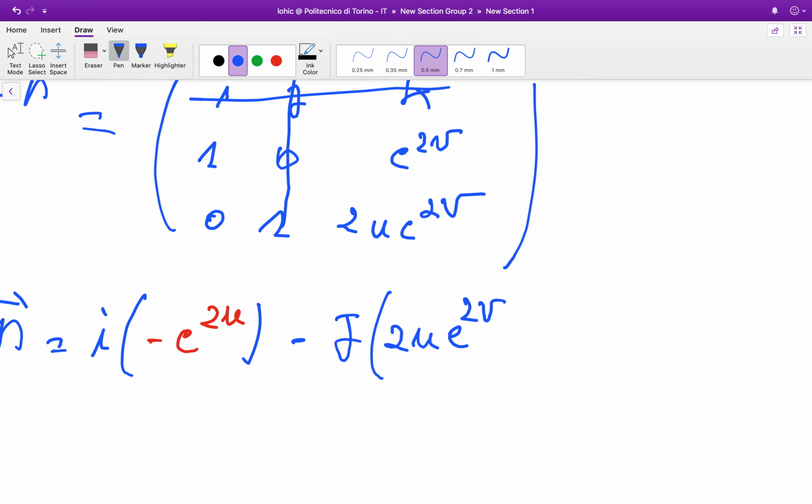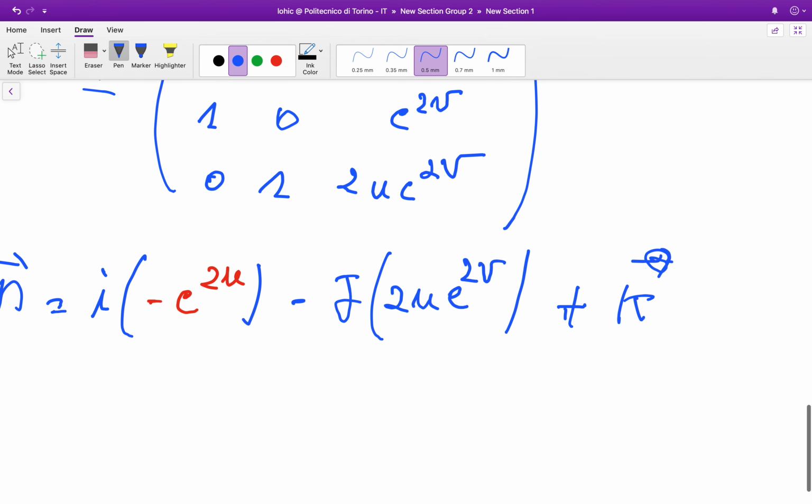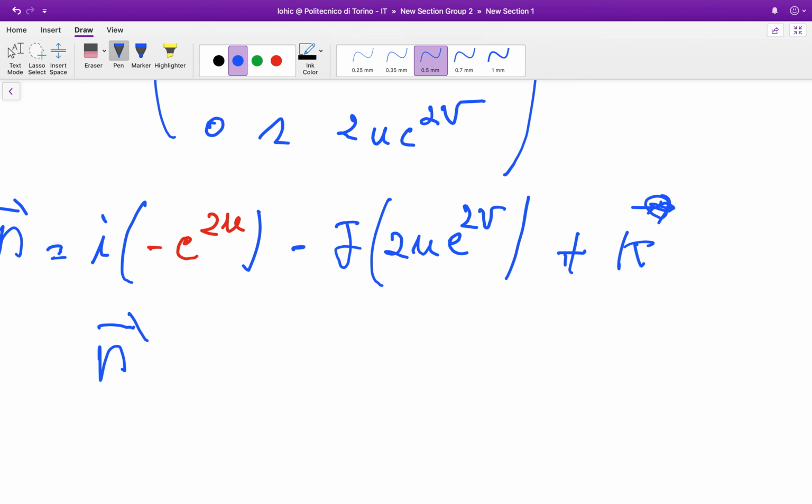Then finally I cancel, and then plus 1 times k, because if I cancel for k, it gives me plus k, right? So this tells me that my n has components minus exponential of 2u, comma, minus